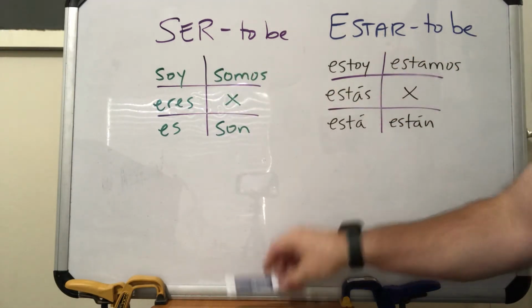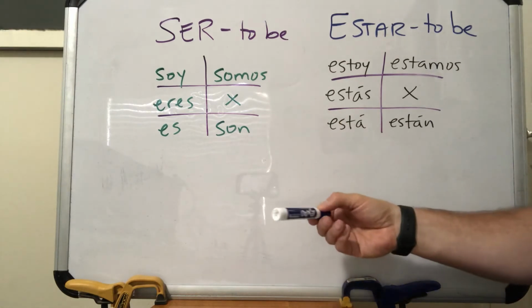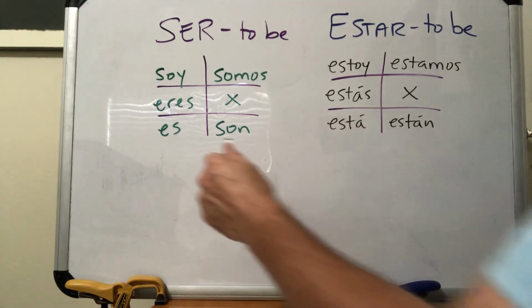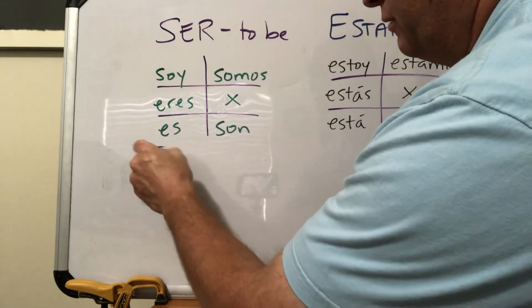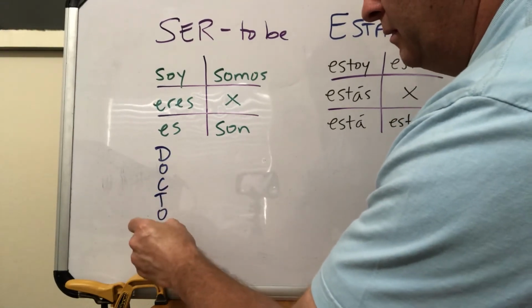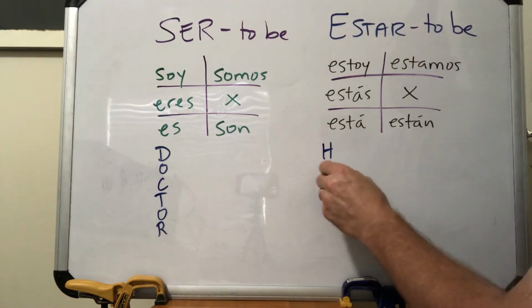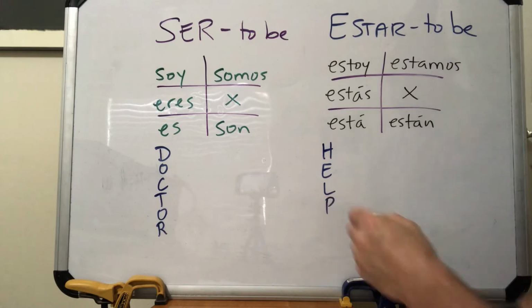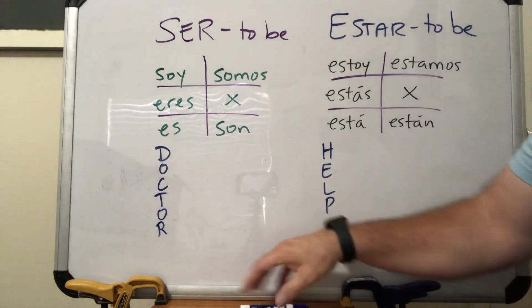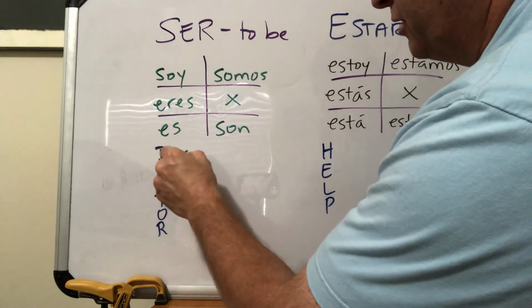Now, here's when we use ser, and I use a little acronym called Doctor Help. Okay, so we can use doctor over here. I'll have to write kind of small here. You can zoom in if you need to. Doctor, and then this one is help. Okay, so the doctor stands for description. The D is description, so when you're describing something,